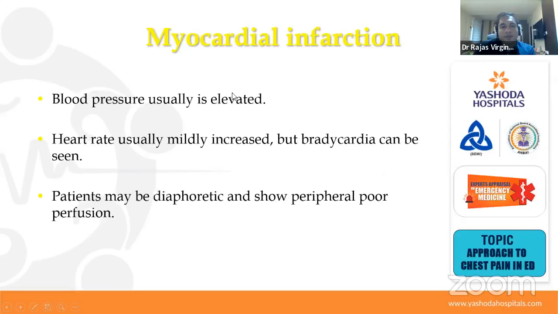You'll find that the blood pressure is generally elevated unless the patient has completely gone into a cardiogenic shock state, in which case it can be very catastrophic unless there are temporizing measures like putting an IABP in the cath lab or having some bridging therapies like ECMO. Heart rate can be increased, but you can also see some bradycardia as well. Here's where the beta blockers might come in.